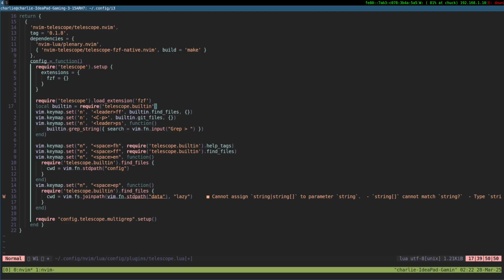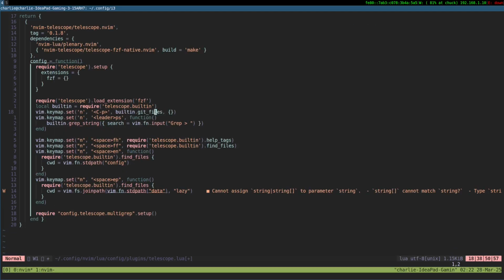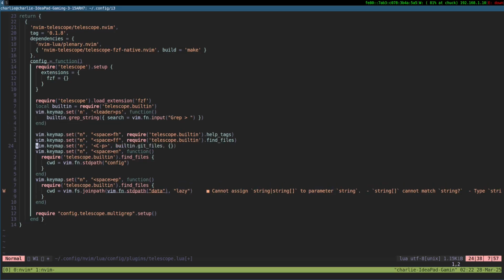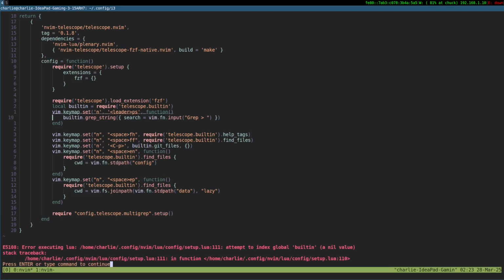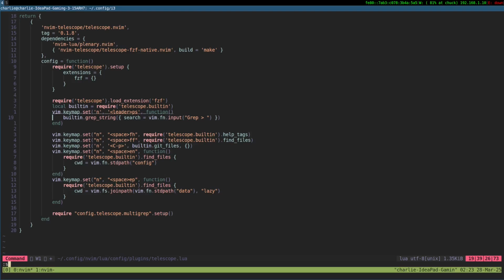Oh yeah, find files, I know. Git files, keep it here. I'll refactor it some other time. I just need the grep to work. What's the problem now?